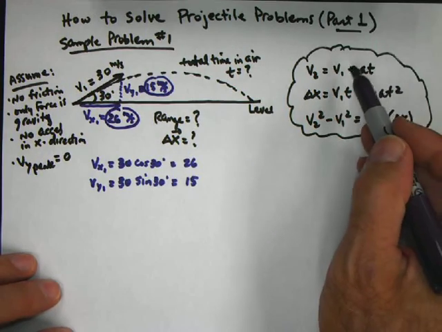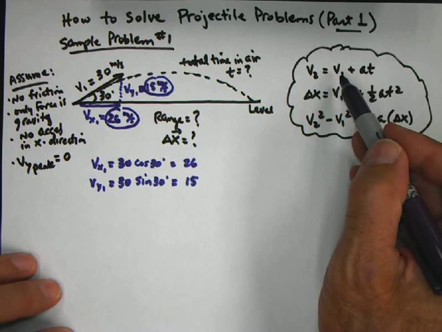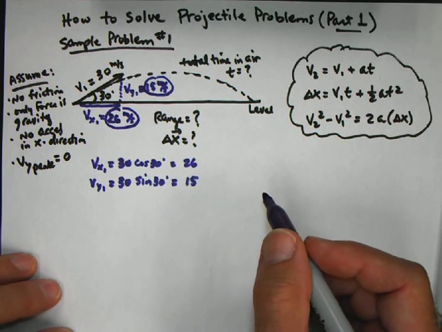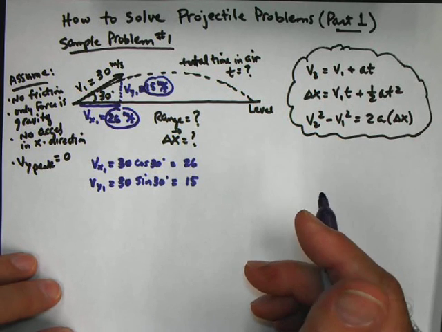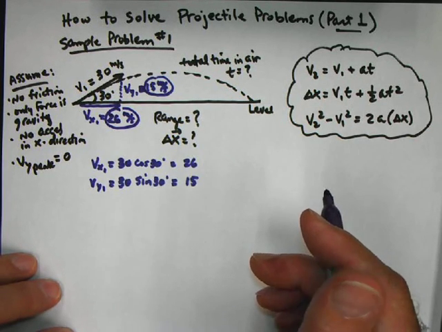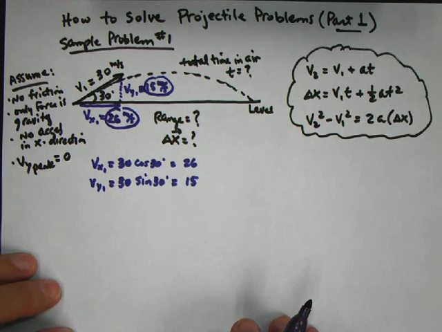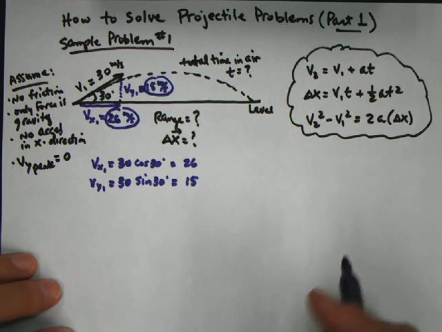starting velocity. Okay, so those are important because you see over here in Galileo's equations, we need what V1 is, but we need it in terms of the x direction or the y direction, not both at the same time. Okay, now what do we do? Well,